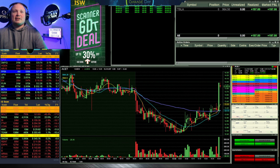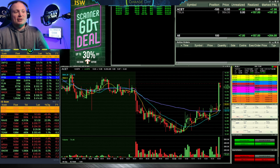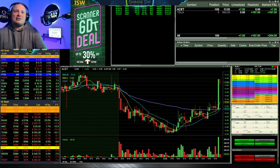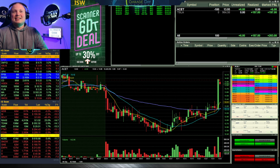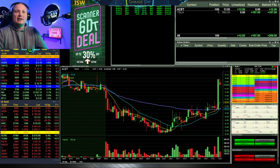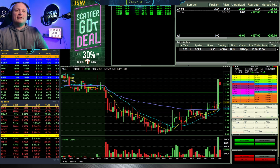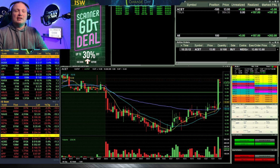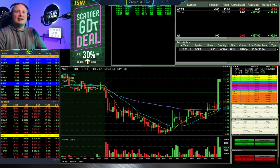So I'm watching it here. It gets up into the 1390s. I go ahead and get short there at 1395 on that initial 14 push. So now I'm just looking at what would be easily obtainable decent pullback here, just looking for a small win. 1360 looks to be that mark, so I go ahead and put an order out there to cover at 1360 on the initial 100 share short here if it wants to come down and hit that level,